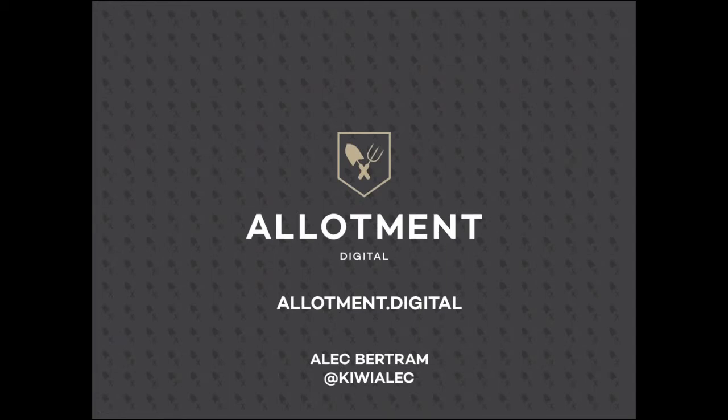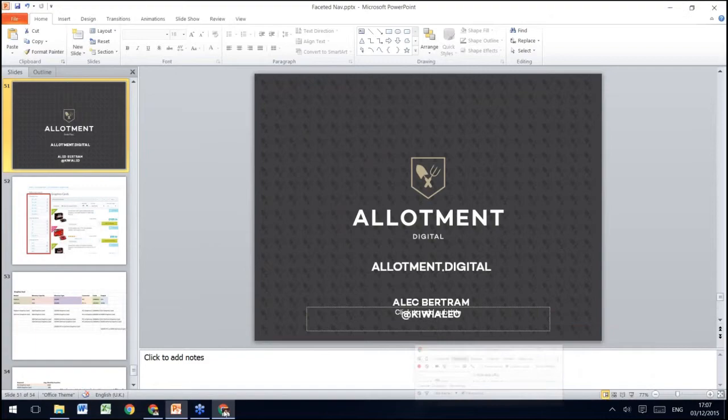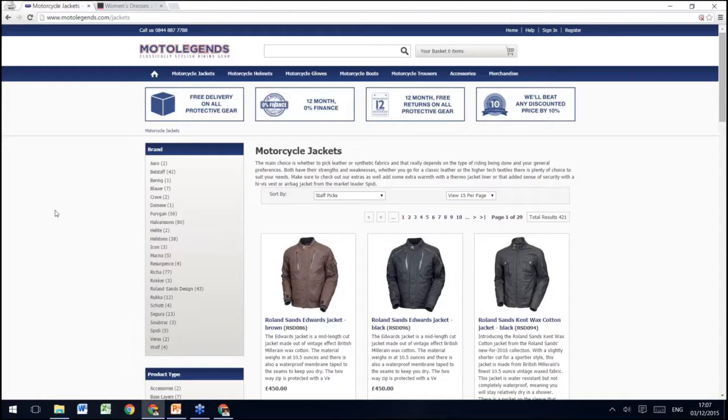So I mentioned a little earlier that one of my clients managed to roll this out yesterday. So this is the company that I was talking about just now in the presentation. Motor Legends is the motorcycle client that I've been talking about, and we've been working on this faceted navigation system for quite a while. We just put it live yesterday, so it's too early to talk about results, like getting indexed and ranking. But I just want to show you this as a good example of a system that's been really well thought out and researched, so that you can maybe use it when you're looking at how to implement